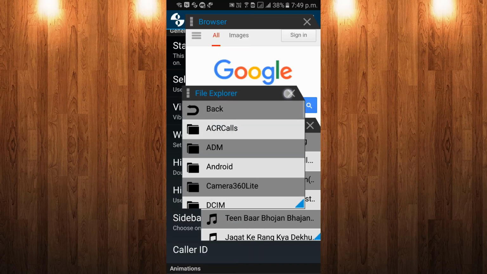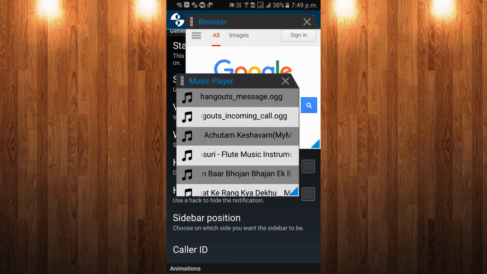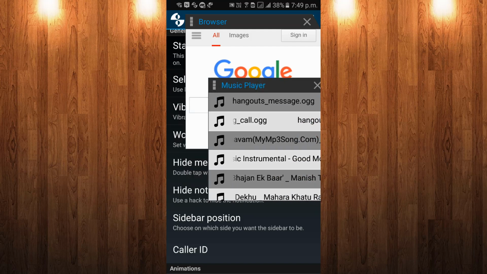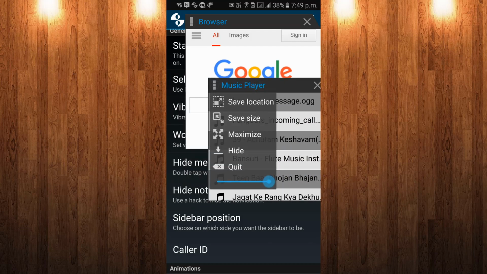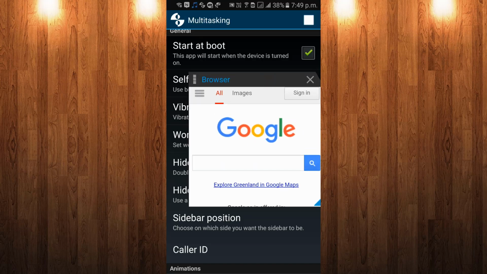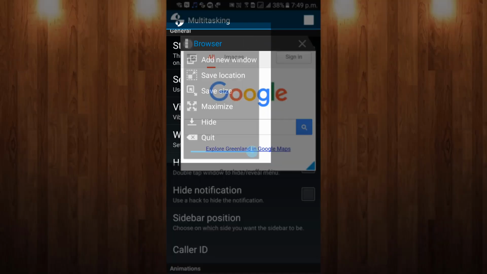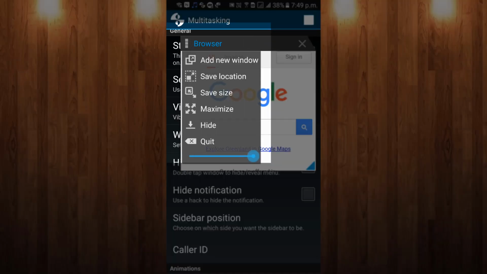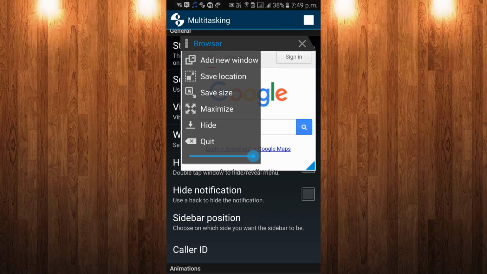Second thing, if you want to hide this, just click on the three dots and click on hide. The application will be hidden. In this menu there are various options. If you want to save the particular location for this window, or save the size for this browser app, it will be the default app size.